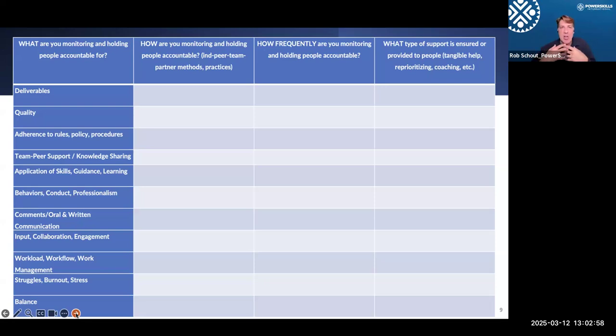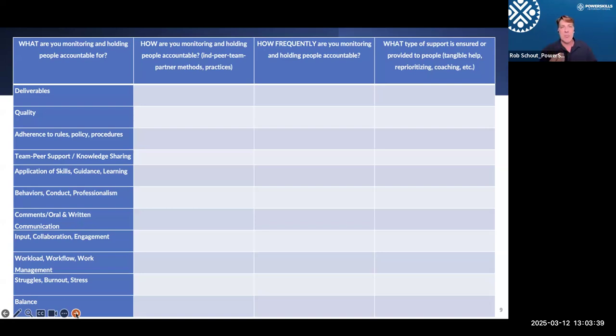And by making them accountable to achieve the overall goals for the unit, that means they're accountable for helping their peers or getting out of their silos and transferring their knowledge or their experience or partnering with a peer on a project. So we hold them accountable for applications of skills and guidance and learning also. If they go to a training, but they're still 3 weeks later doing the same kinds of practices that they were doing before the training, then nothing has changed. Why did we send them to a training? Or why did we give them coaching or ideas or support?